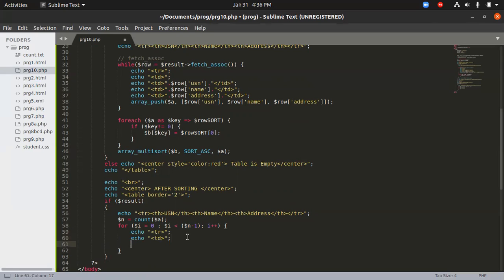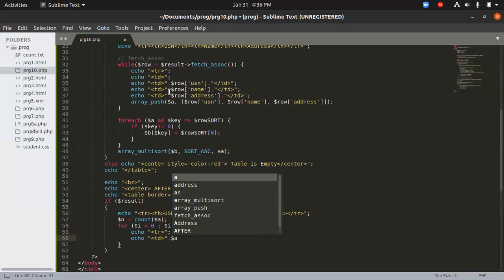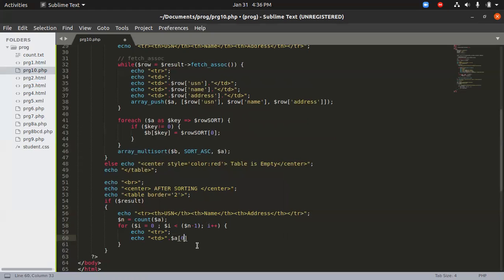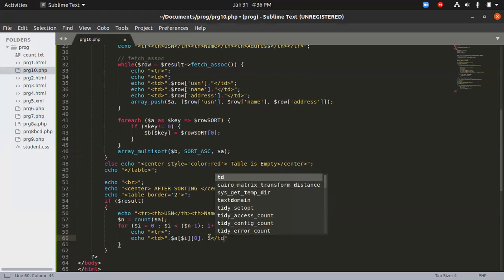So here, this is done. One thing is we have to access this pushed value by using the A. Then we have to specify the indexes. So the index will be I for the loop, and then we are going to give it as 0, and then we'll just concatenate it and close the data tag.